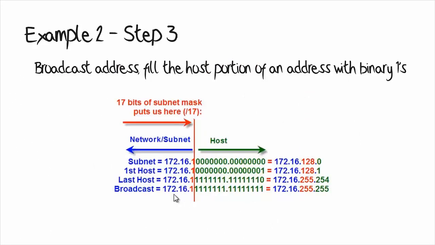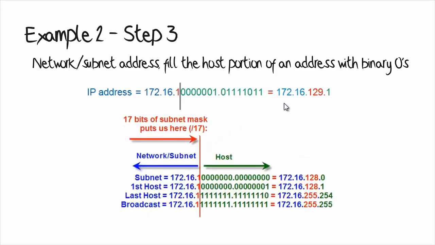So that would give you 172.16, 8 binary 1s in the third octet, which is 255, and 8 binary 1s in the fourth octet, which is 255. So the broadcast address is 172.16.255.255. So in summary, host 172.16.129.1 is on subnet 172.16.128.0. The first host in the subnet is 172.16.128.1. The last host in the subnet is 172.16.255.254. And the broadcast address is